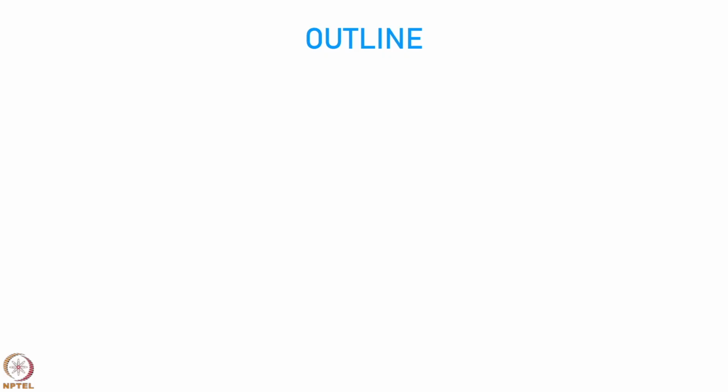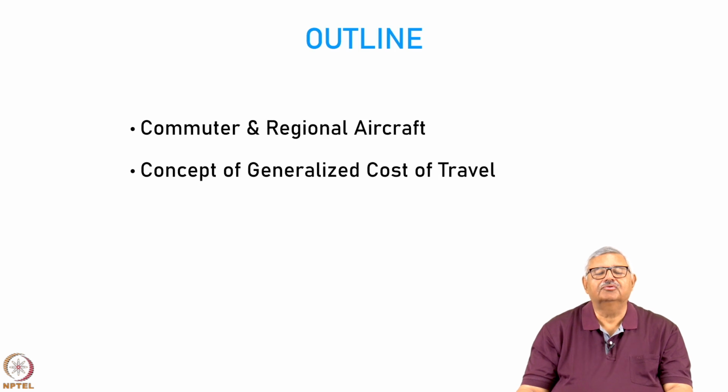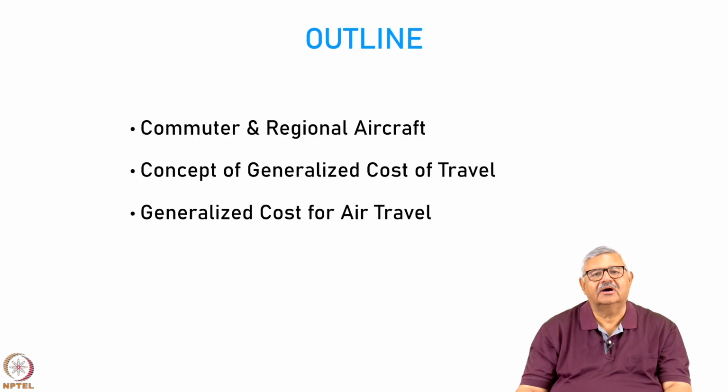So, the outline of this presentation is as follows. We will first look at what is meant by commuter aircraft and regional aircraft, because the whole talk is about cost optimization of these kind of aircraft only. We will then move to a very generic concept in transportation called the generalized cost of travel. We will look at the components of generalized cost for air travel in particular, because that is what we are